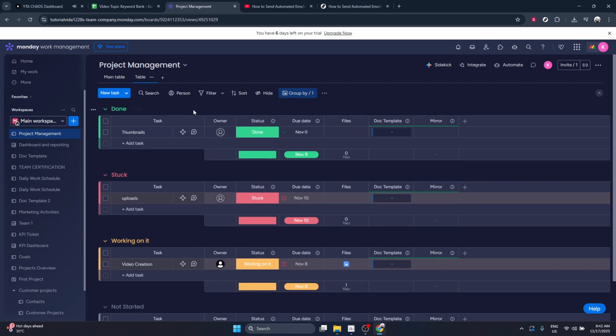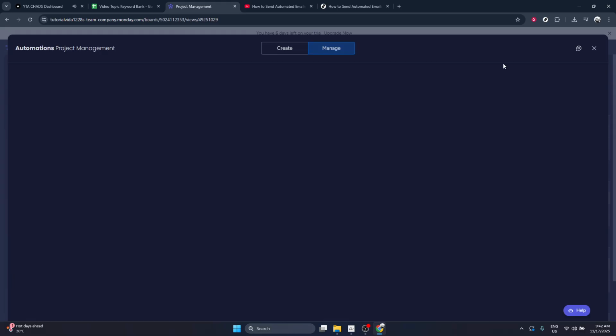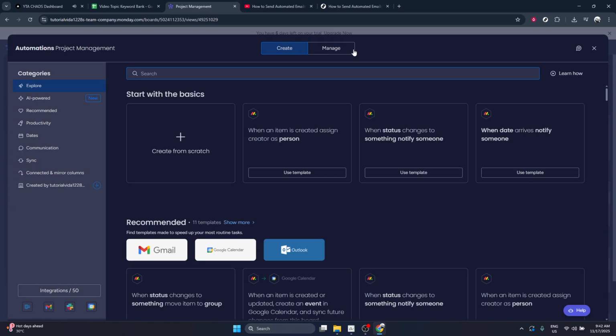From here, locate a specific board where you'd like the automation to take place. Clicking on the board will open it up for you, providing a detailed view of all the tasks, activities, and lists contained within. Next, look towards the top of the screen once you're in your board, and you'll see a